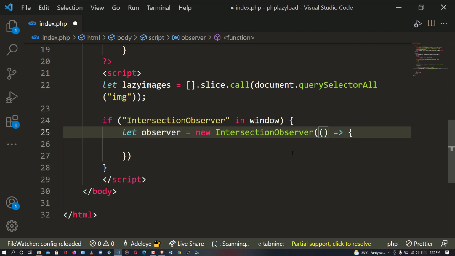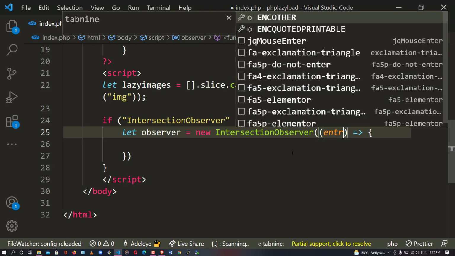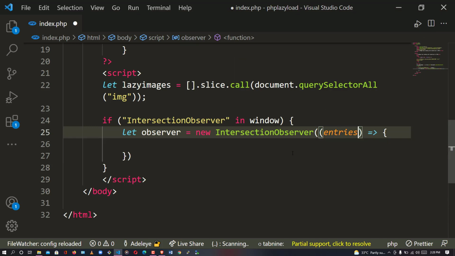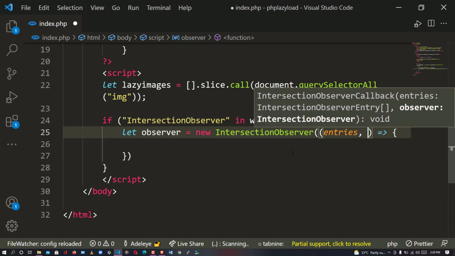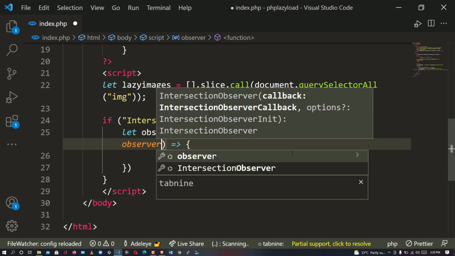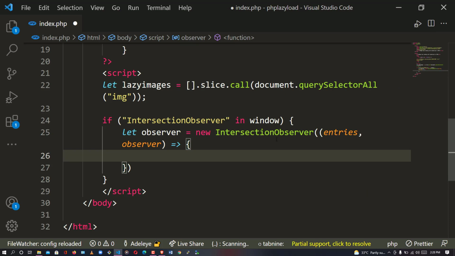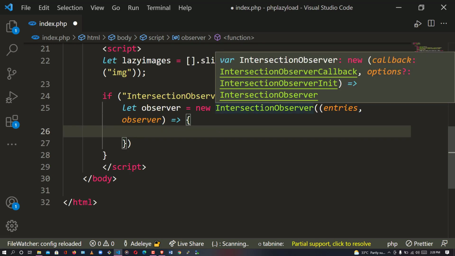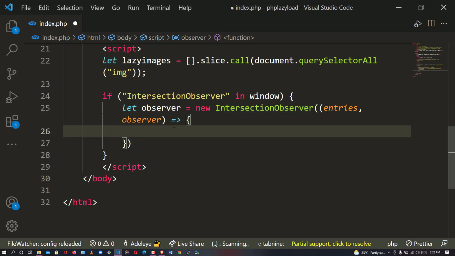So we need to pass in the entries and also the observer. So now let's pass in the variable entries, comma, we have passed in the entries. The next thing to pass is the observer. So we pass in the entries, and also we have the observer. So after passing the two parameters into the intersection observer, the next thing to do is to declare a new